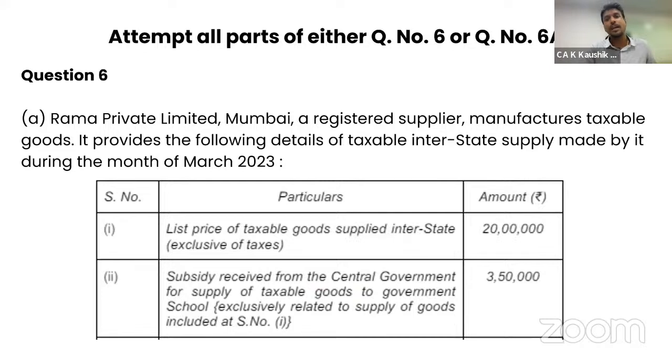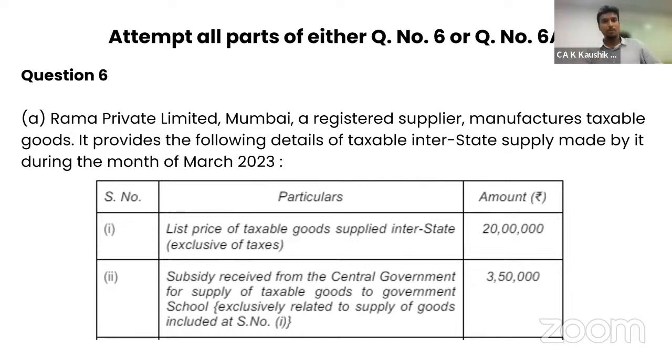So we move to question number 6, the last question, 6 or 6A. Again you have 4 sub questions, 5 marks each, as alternatives. Either you can answer one, you cannot pick and choose. If you write 2 sub questions of 6 and 2 sub questions of 6A, you will not get full marks. You will get marks only for 1 question. So you need to answer 6 completely or 6A completely.